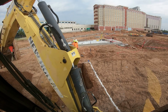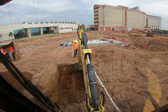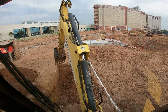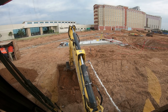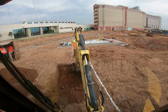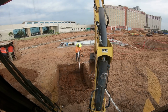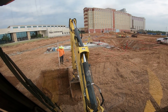But with all the extra work it's been doing, it's wearing itself out a little faster, and so I'm gonna probably end up having to do some repairs, but it's earning its keep, so that's not that big a deal. Pretty good little dozer. It's not perfect by any means, but it's pretty dependable. It's been staying working good, and with the hot weather, it's not overheating. Nothing's really bad wrong with it. Just,